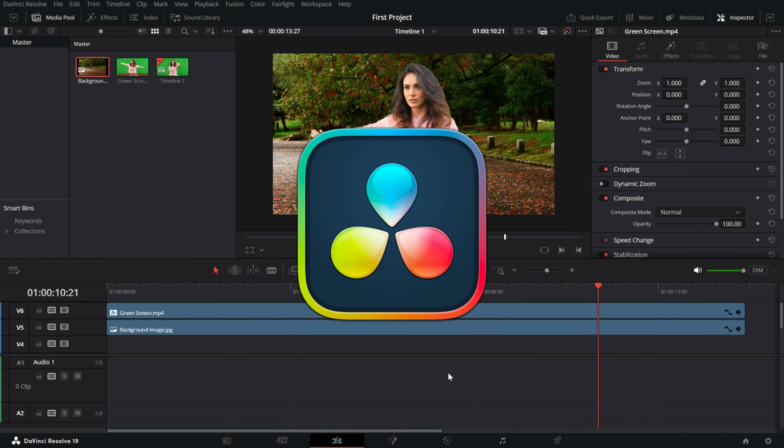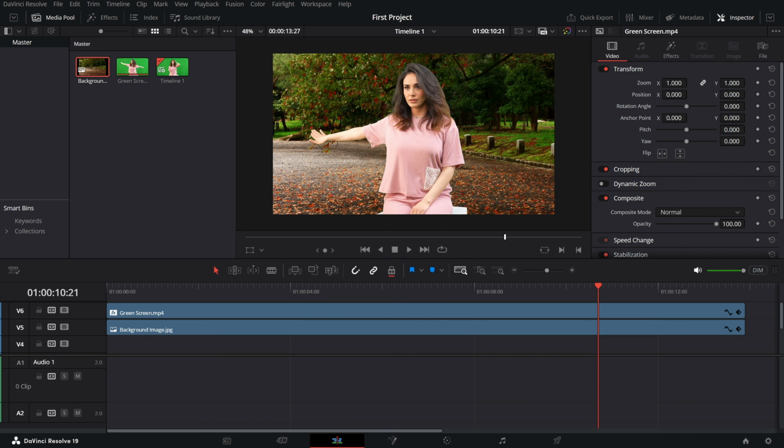Today, we're learning how to loop playback, a super handy feature for reviewing specific parts of your timeline over and over without having to press play repeatedly. Let's jump in. To enable loop playback, head to the controls bar below the preview window and click on this